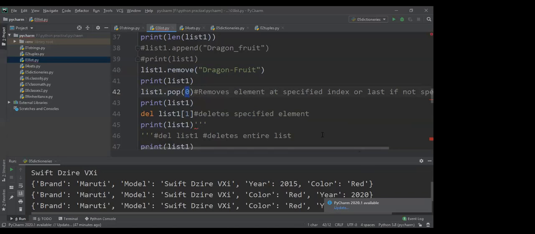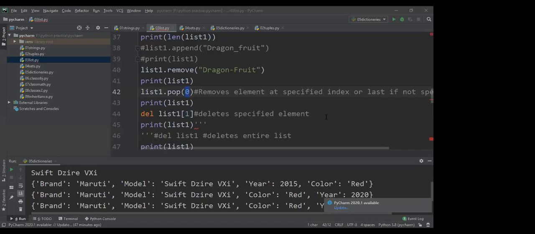Sir, can we print two elements using only one print? Manish, I did not get your point. You want to print two elements, but you want to write print only one time. We have seen this a lot of times, Manish.